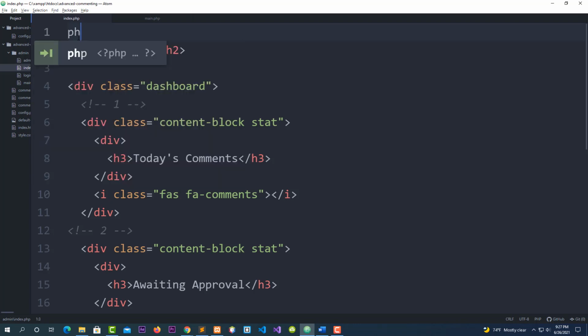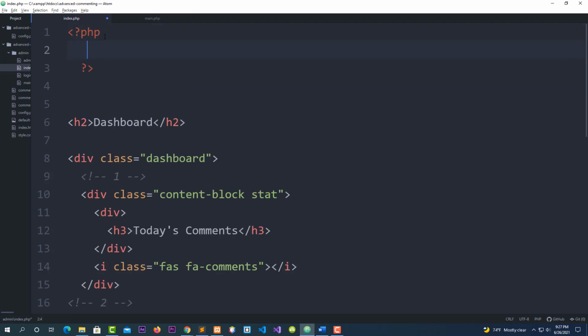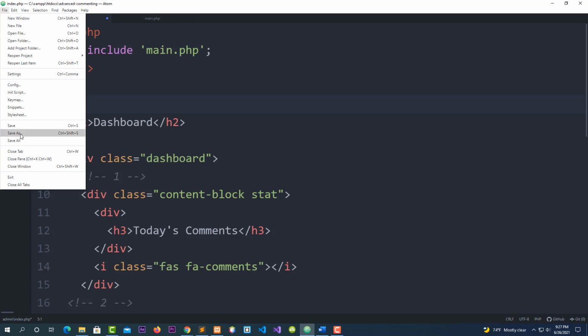Okay. I'm going to say PHP. And inside of the PHP, I want you to add include, okay, single quote, main.php and semicolon. Okay. Now, what I'm going to do next, let's try and run this program, save index.php, save it, save all,